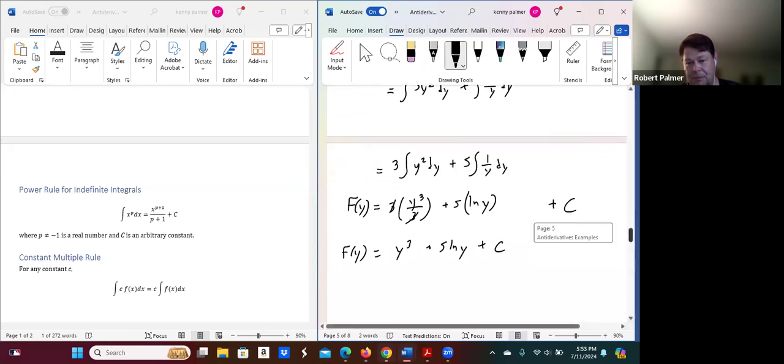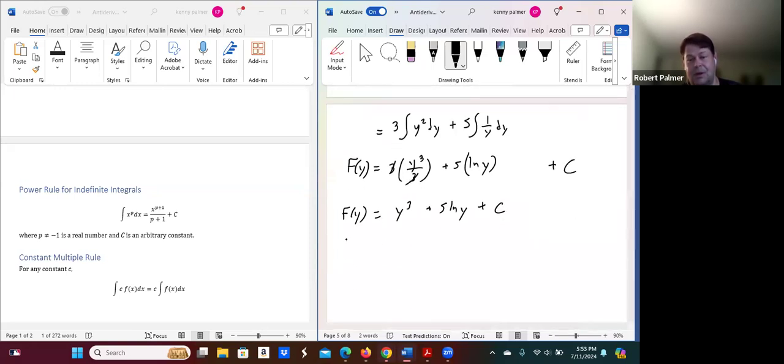Okay. Now, what we're going to do then is actually find c. We're going to use the input value we had, which was that f of 1 is equal to 3. So this is similar to what you've probably done in algebra when you're trying to find the equation of a line. You're trying to find the y-intercept b, you plug in a point and find b, a very similar thing. So in this case, we're using y instead of x. By plugging in 1 for y, f of 1